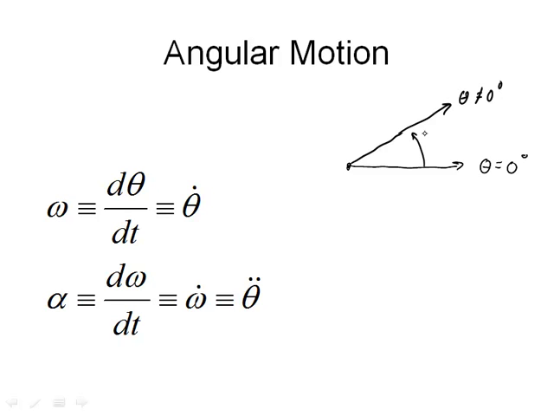Now, one of the things we want to point out is that the counterclockwise direction is a delta theta of greater than 0. That is to say, this is a positive change in the angular motion. All right, so if I've gone through some value of delta theta, and I've done that in a certain amount of time, then I must be able to associate with that an angular velocity. So delta theta